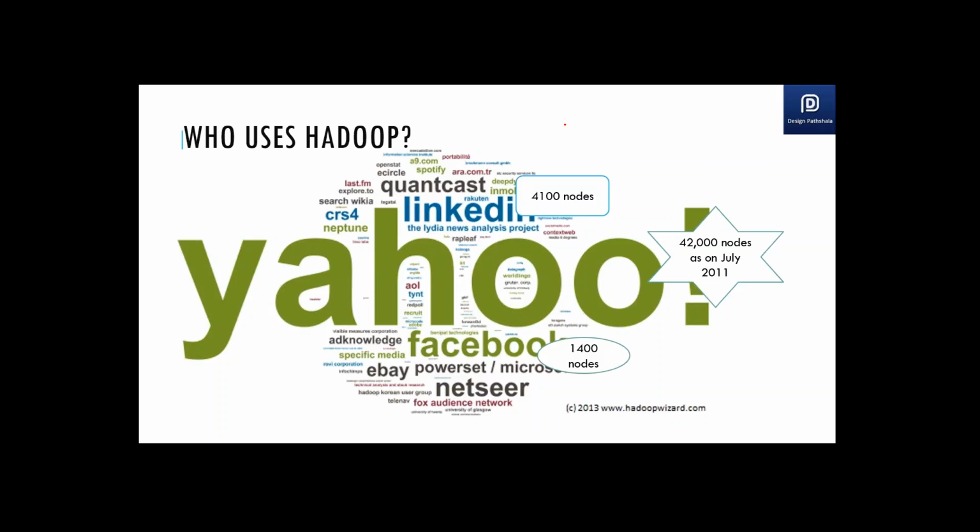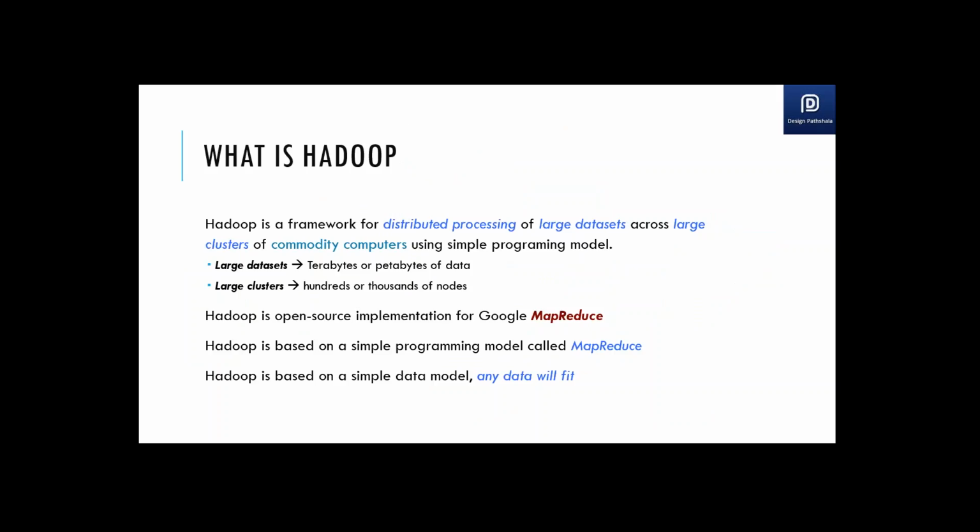So these are the different nodes on their cluster which people are using to process their data, and this is how they are able to achieve such kind of processing power which they really require based on the data which they are setting up.